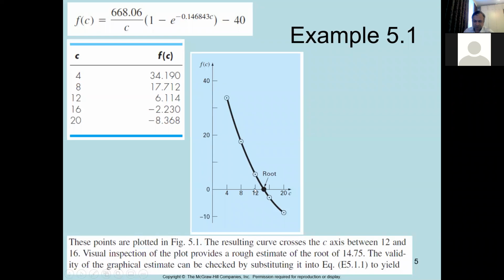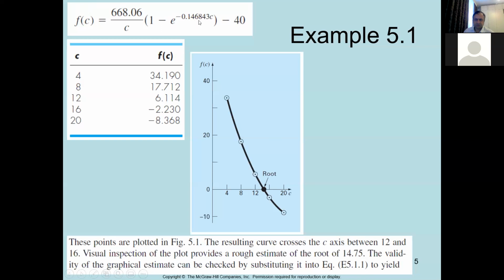So if you read it very carefully, if this is 12 and this is 16, then it is somewhere between 12 and 14, and then you have to visually estimate whether it is 14.5 or 14 itself or a little bit more than 14. So you have to zero in on this point and then measure it in a rather precise manner. So the validity of the graphical estimate can be checked by substituting it into the